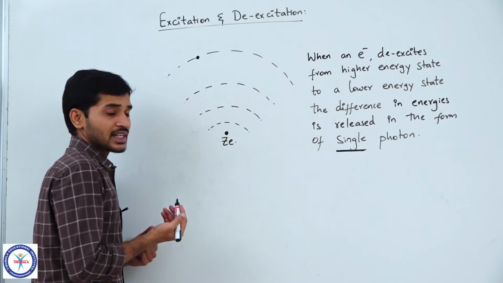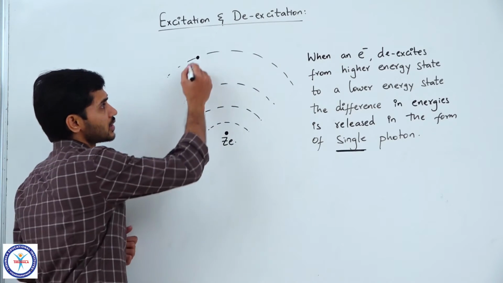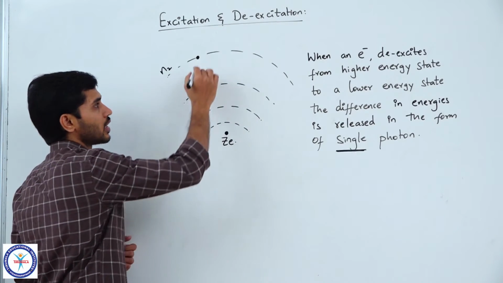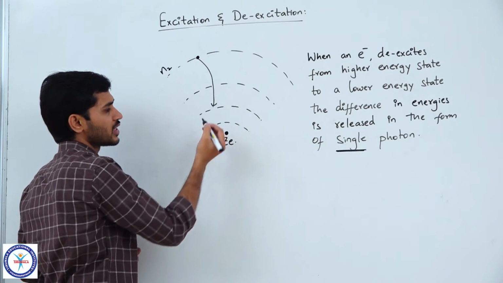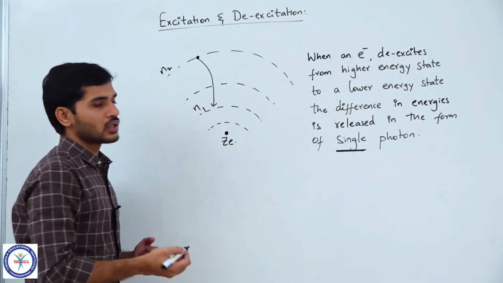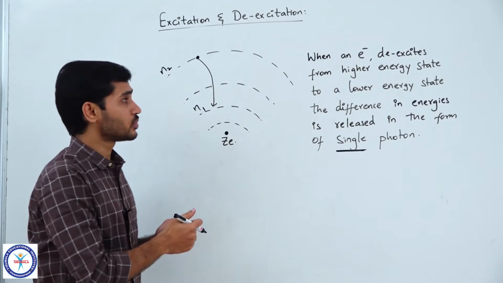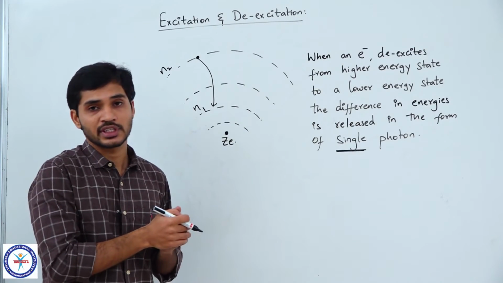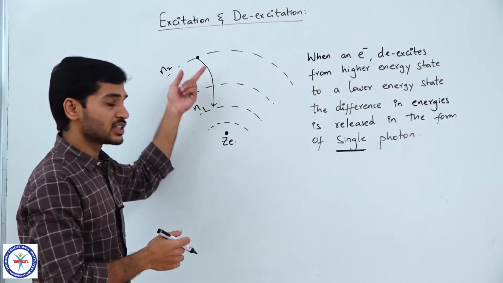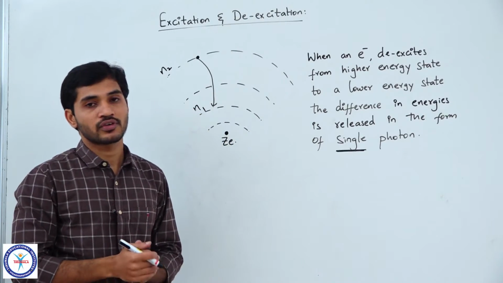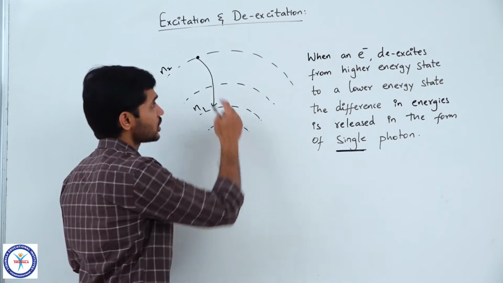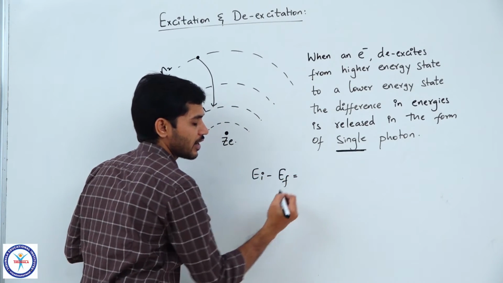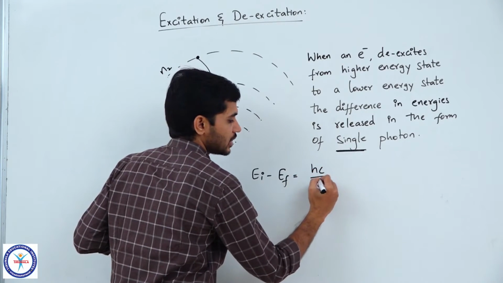So let us just consider a scenario where this electron is initially in a state n2 and it transitions to a lower energy level, some n1. I'm just taking general values, so from n2 state to n1 state. Now the third postulate of Bohr states that the difference in these two energies will be released in the form of a photon. So we can say that initial energy Ei minus final energy Ef is equal to hc by